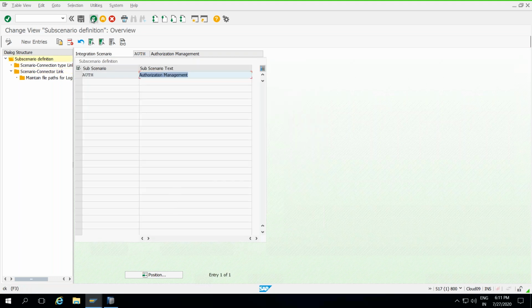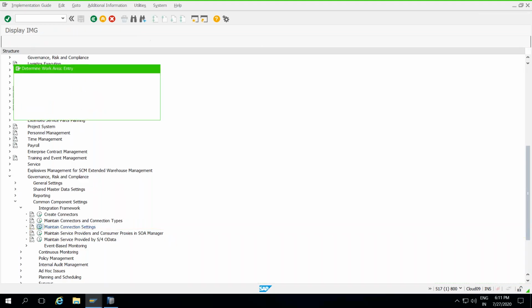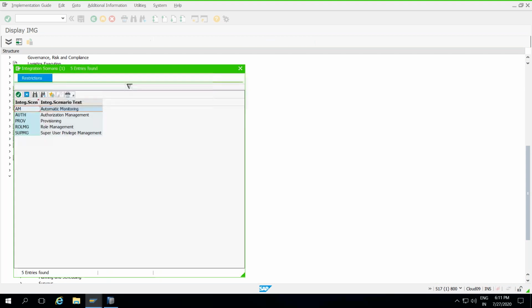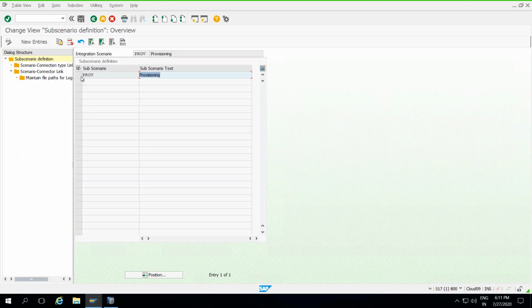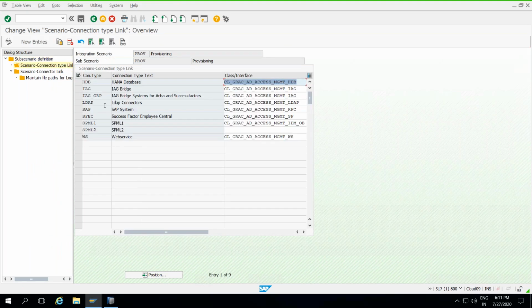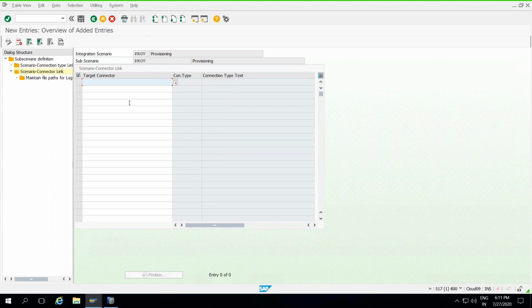Similarly, I want to integrate with the remaining ones also, BRM and ARM. Same process, go into the browsing, add the scenario connection link. You can take S/4HANA also, but now I'm taking HANA DB only, GRC to HANA.